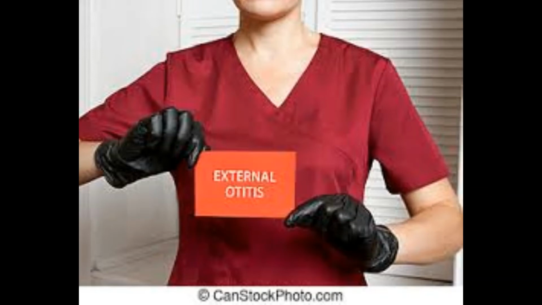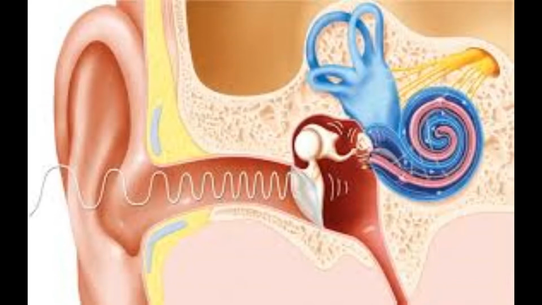Otitis externa. The word otitis externa means: oto, ear; itis, inflammation; and externa means the external ear. As you know, the ear has three parts: the outer, middle, and inner ear. The function of the outer ear is to collect and transmit sound to the middle ear, and the middle ear